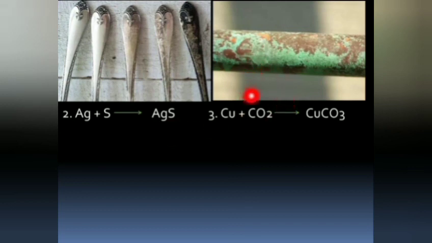Here in this example you can see a copper rod which has a green colored matter on it. So when copper reacts with carbon dioxide, it forms copper carbonate, which is green colored particles. So these are the examples for